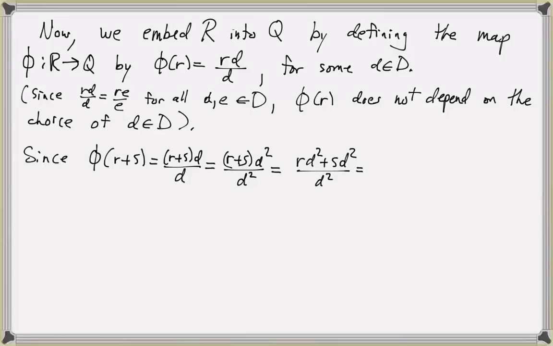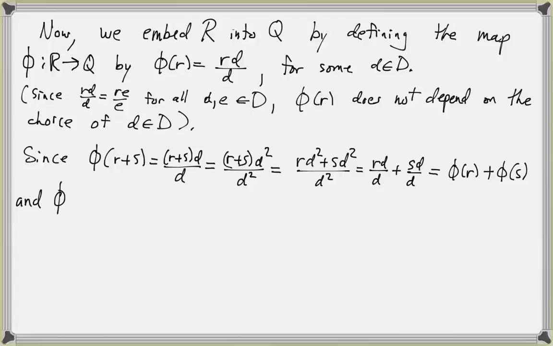This is the definition of rd over d plus sd over d, which equals phi of r plus phi of s. And similarly,